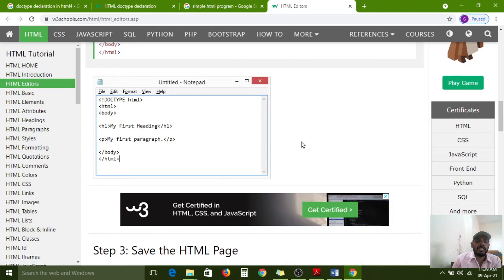Actually, what purpose does it serve? The doctype declaration is intimating to the browser which version syntaxes this project contains, which version it has been developed on. That information needs to be given to the browser. Then only will those syntaxes be allowed by the browser at execution time. While executing, the browser can understand that version. If it is HTML5, it simply allows it. If it is HTML4, it can also allow that.